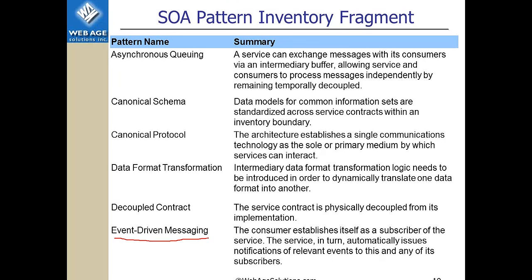A notification in the form of a message is sent on that callback, and the consumer would have a handler for that particular event and would react appropriately.